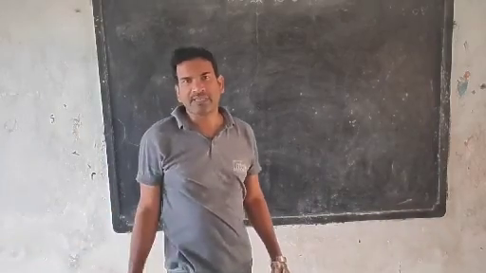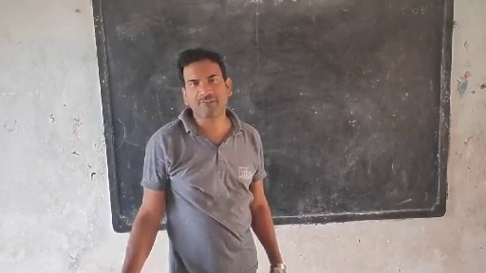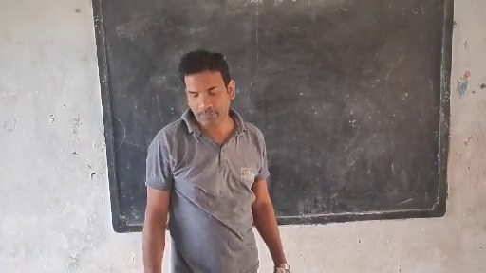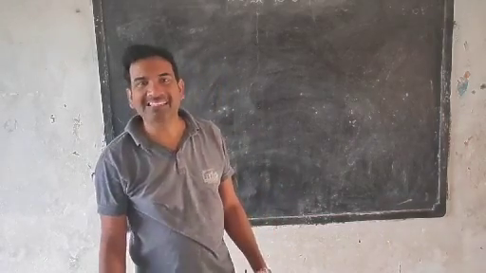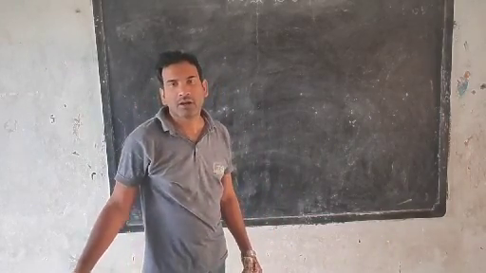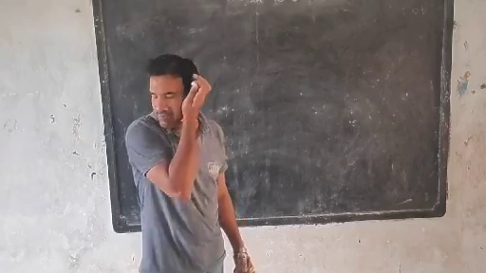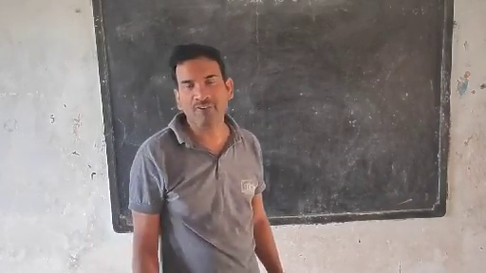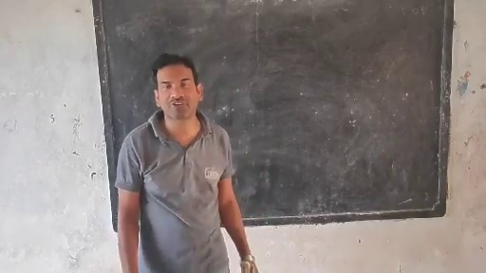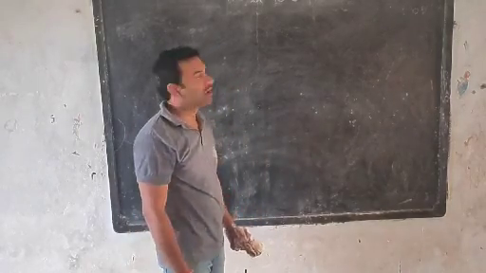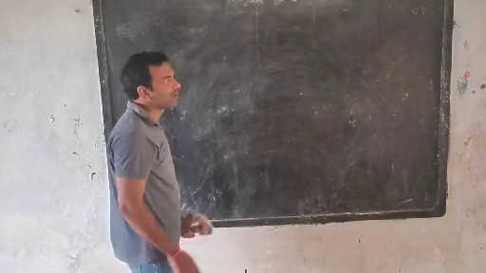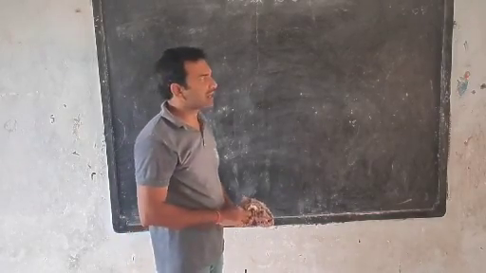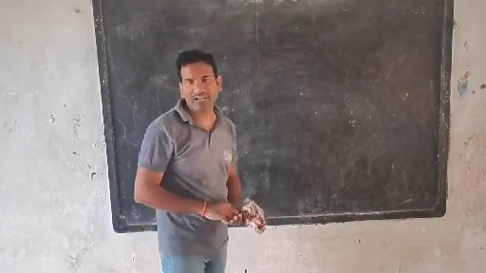Pair of straight lines means product of straight lines, or it is also called combined equation of straight lines. Now, combined equation of straight lines or product of straight lines means,